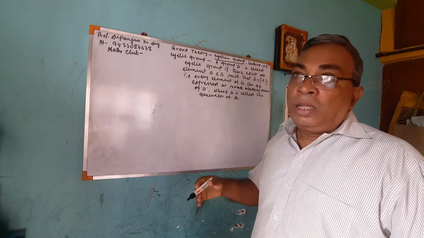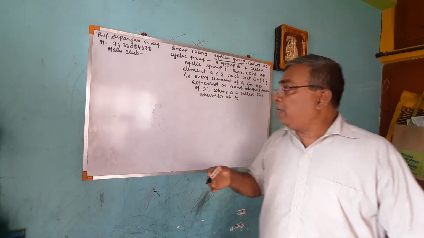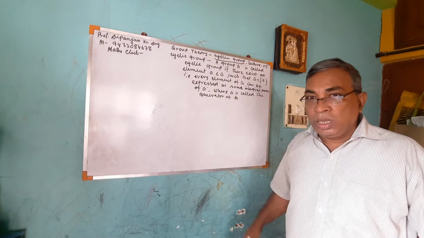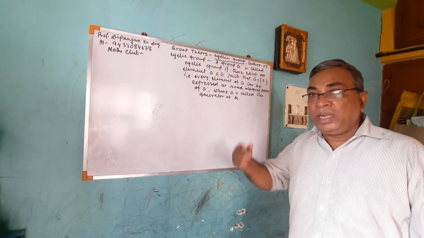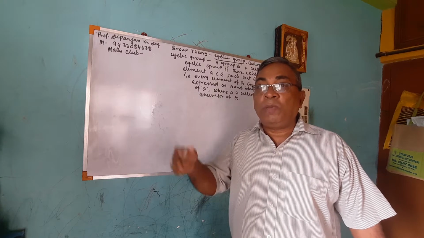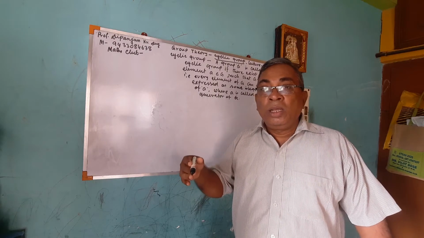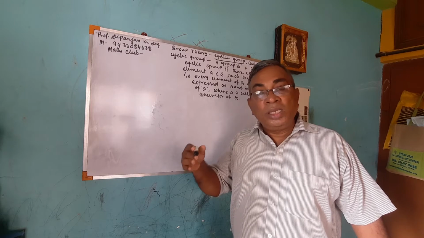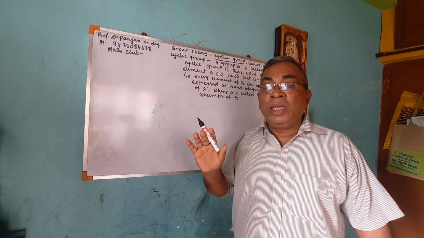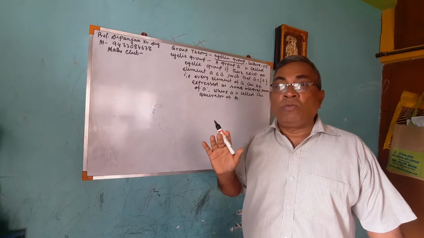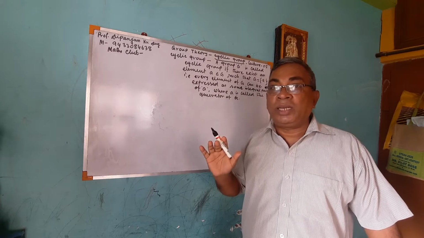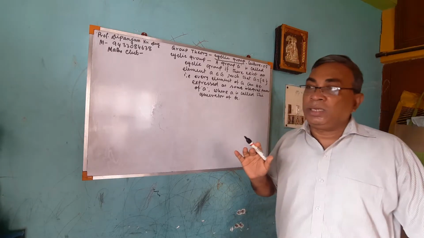That is, a belongs to G, then the integral powers of a, that is a to the power 1, a to the power 0, a to the power 2, a to the power 3, these all belong to G. Then we can say it is a cyclic group. a is called the generator.